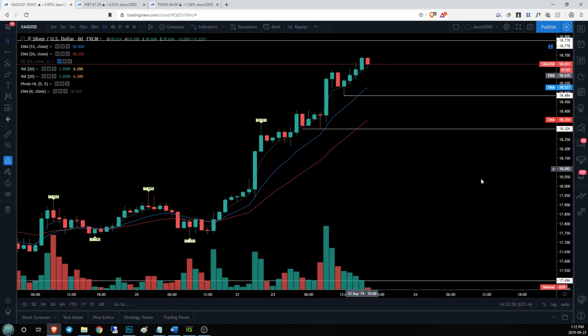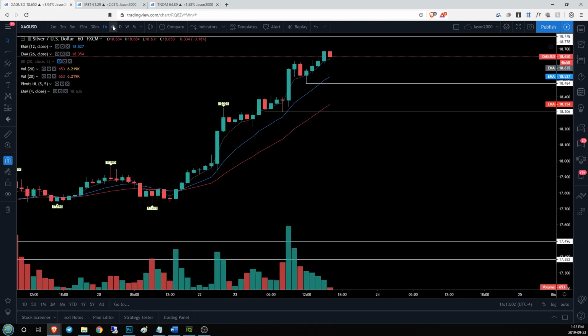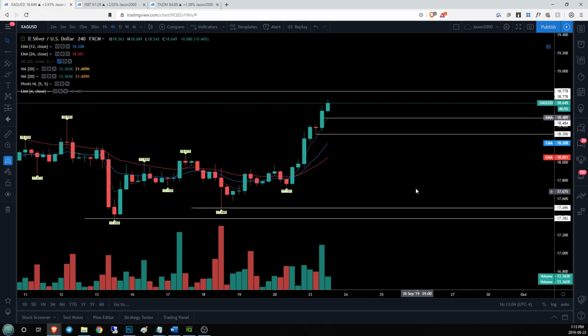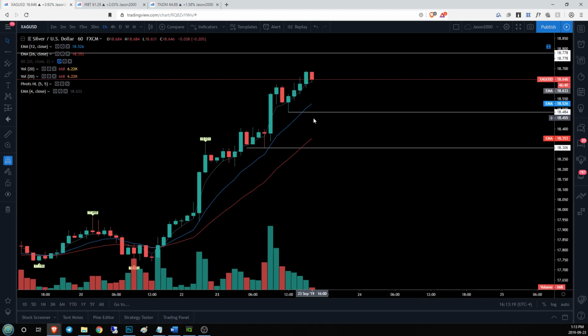So what happens if we break to the downside? 18.48 support, 18.30, then we're going to jump to that 4-hour time frame, and then below that 4-hour support is 17.731. That is the problem with moving so quickly, is you don't get time to establish supports. So if we reject from 18.77, probably would be looking at an hourly equilibrium or loss of trend, and then